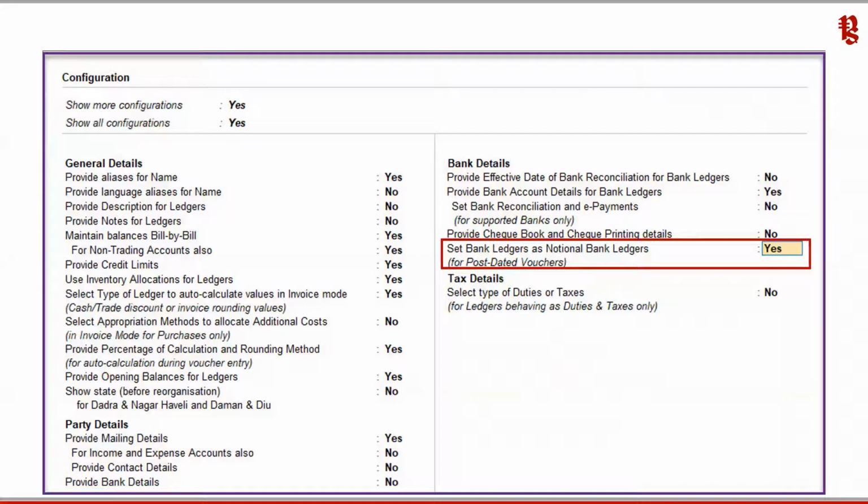whenever you receive a post-dated cheque, and let us assume that you have two bank accounts, right? Bank A and Bank B. Now you are receiving a post-dated cheque from the customer, but it is post-dated 15 days ahead, and now you don't know on the 15th day in which bank the balance is going to be lower. I mean, you are not sure where you are going to deposit this cheque.